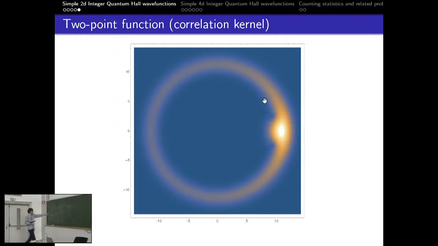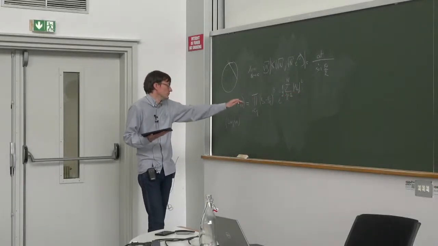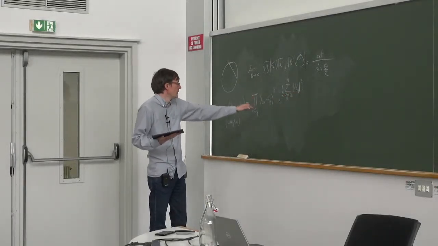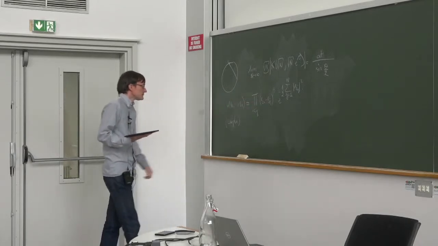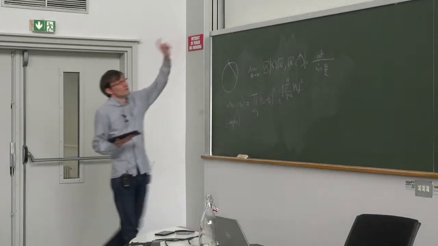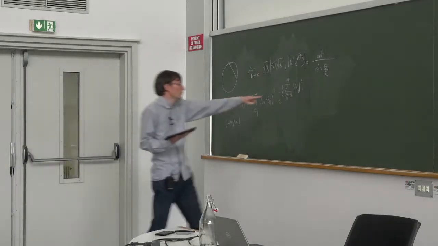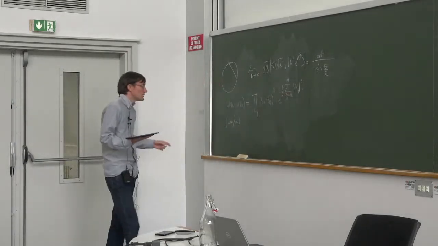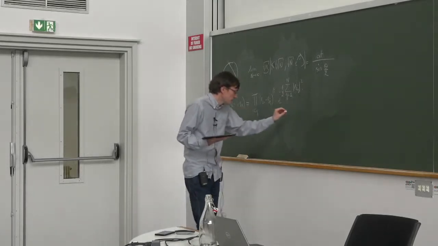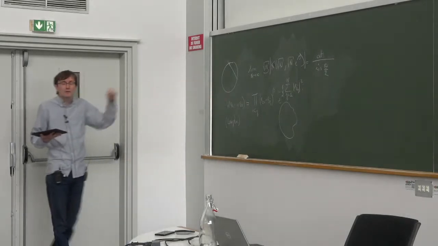If you think back in terms of these wave functions, you could see this as some kind of log gas. So you say it's exponential of log of the product over i less than j of z_i minus z_j. Here you can see some kind of external potential, which has not necessarily anything to do with the potential I wrote in the Hamiltonian, but this is a potential for the log gas. And you could modify the potential, and if you modify the potential, you might modify the shape of the droplet, okay?